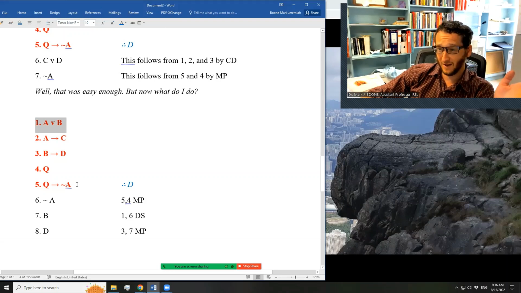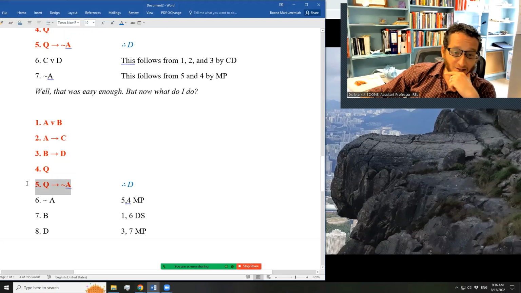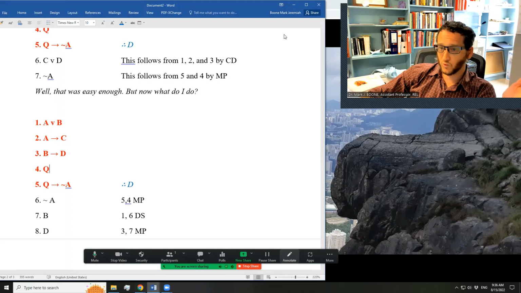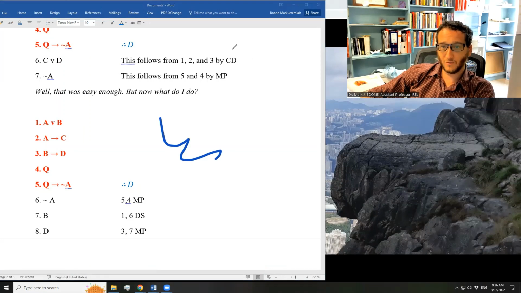Where can we get a denial of A? Where can we get tilde A? Well, maybe here if we could deny C, but let's check somewhere else because I don't know where you can get rid of C from. But here we can get tilde A if we can just affirm Q. How can we affirm Q? Nothing simpler. In other words, working backwards, we should easily enough